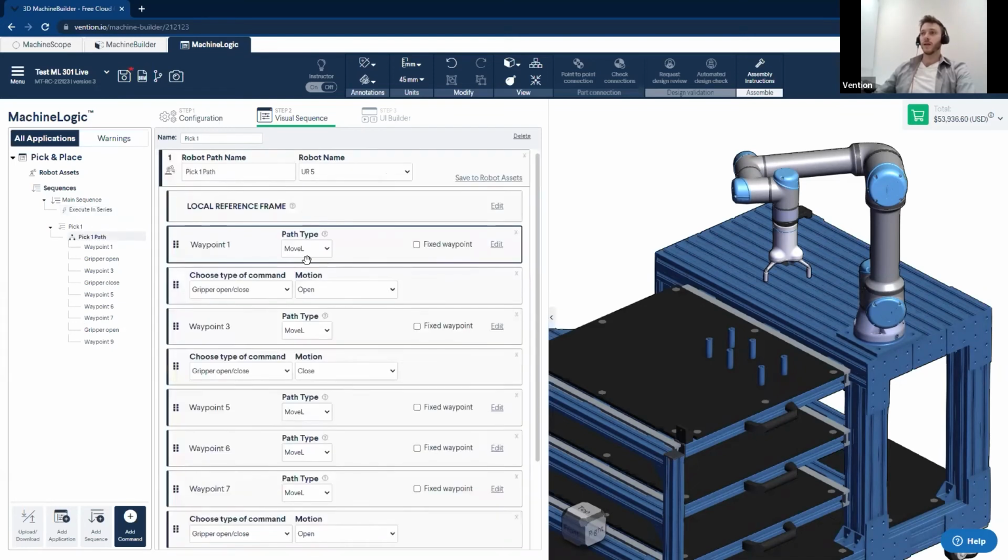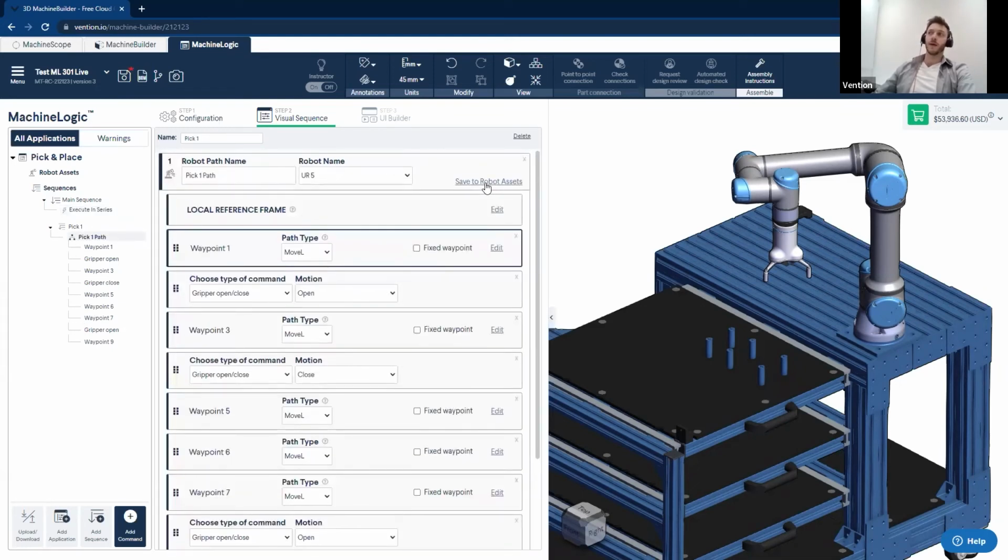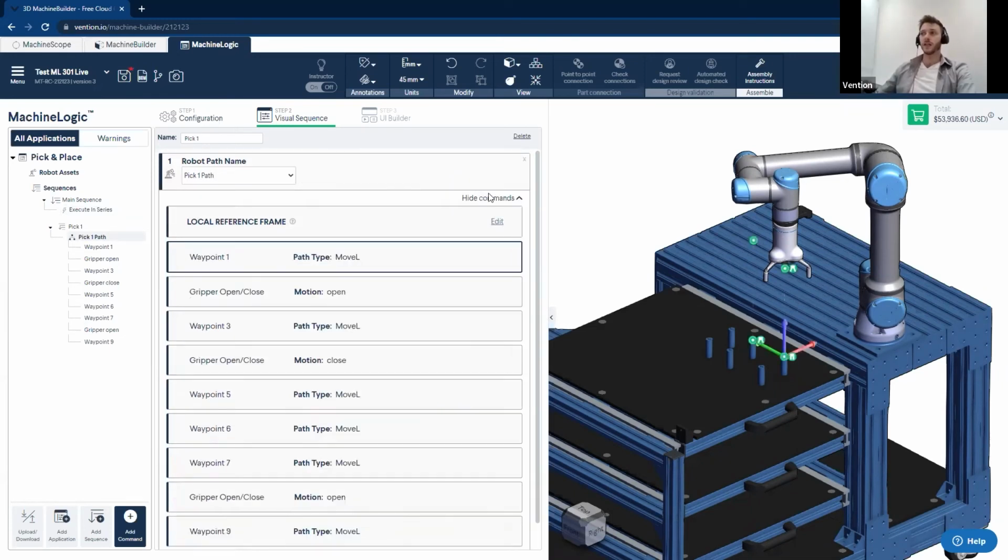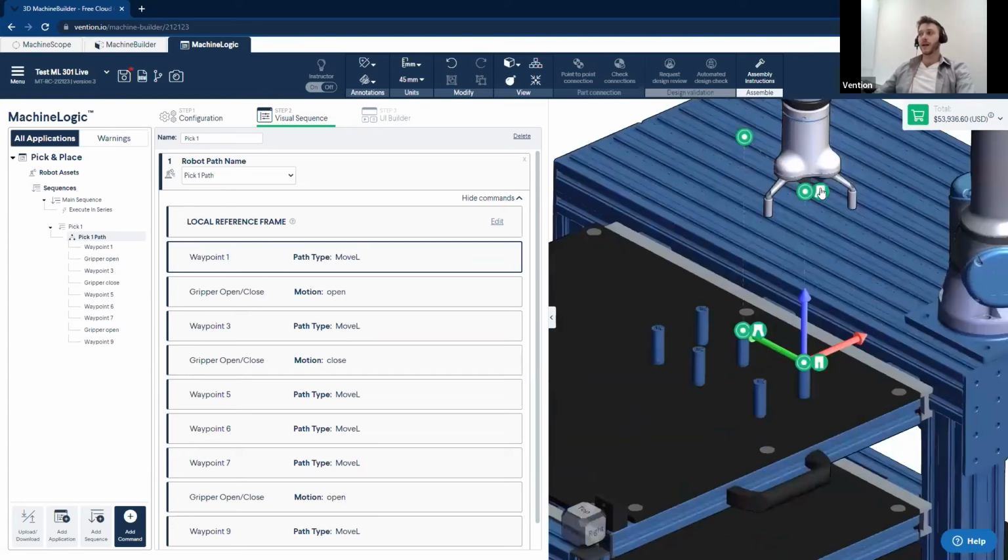So moving over here, you notice that I do have the option to save to robot assets. By clicking this, it changes the local sequence that I've created to a global sequence. What this gives me the ability to do is call this type of sequence in other child sequences later on in my program. Say, for example, I'd like to have a program repeat the same action, but at the secondary part over here. I can,